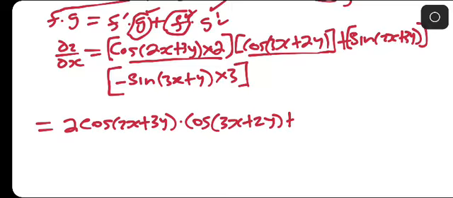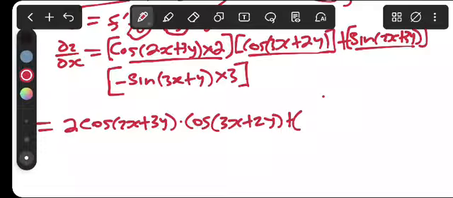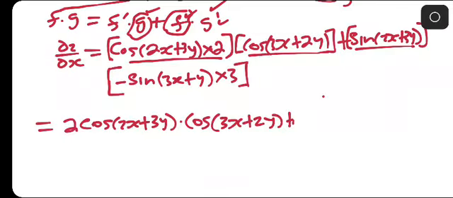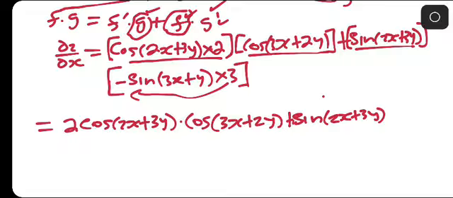This will be plus, we have this, we'll have sine 2x plus 3y, isn't it? So multiply that by 3, minus 3 sine